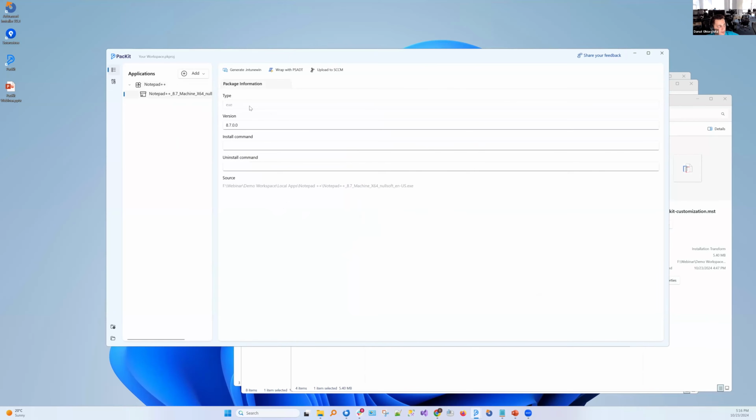Okay, I have the package right here. It's an EXE package. I see the version, the install command lines. So for MSI packages, we are able to automatically extract the install command line. We'll see that right away when we add an MSI package. But for EXE packages, you may need to provide the command line. So for Notepad, that will be the as command line. Basically,